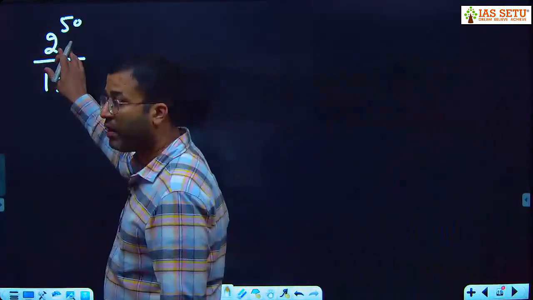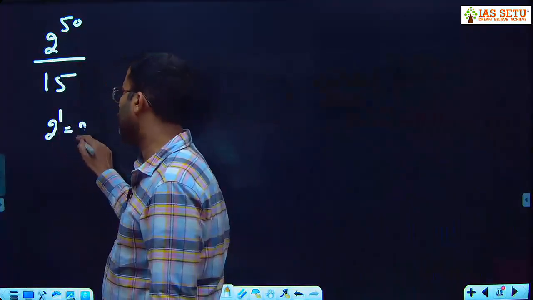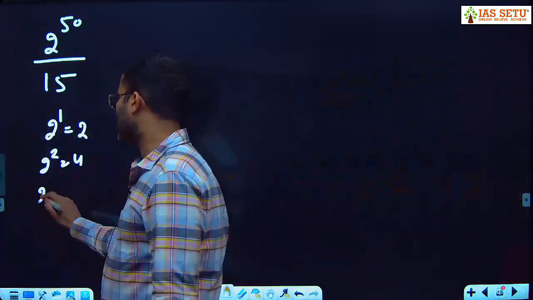Step number 1, power of 2 near to 15: 2 to the power 1 is 2, 2 square 4, 2 cube